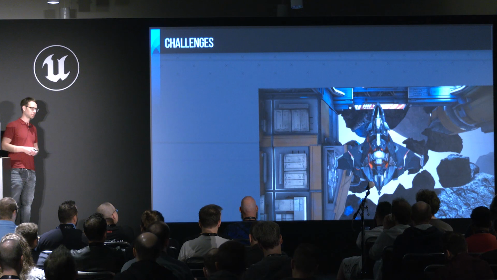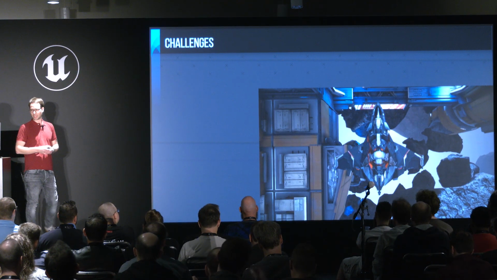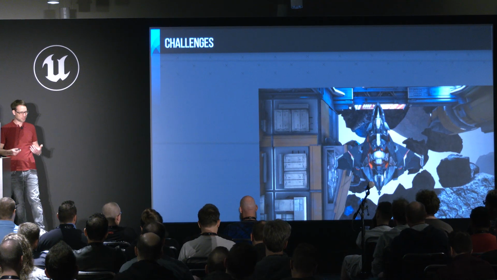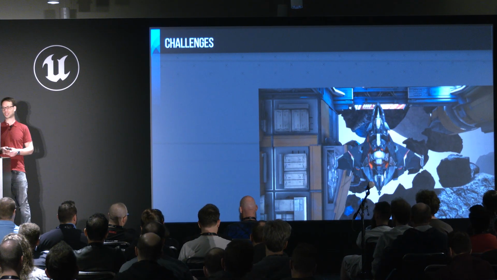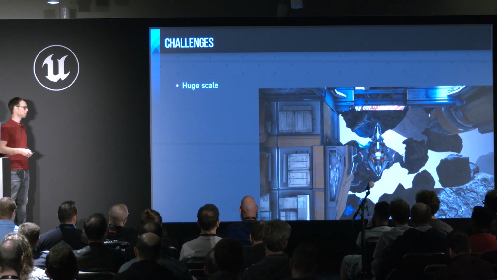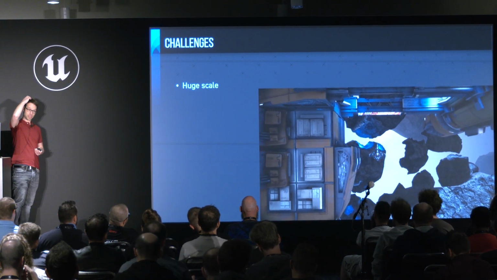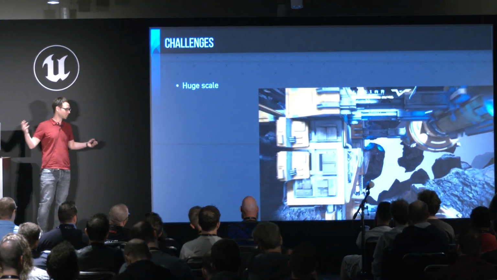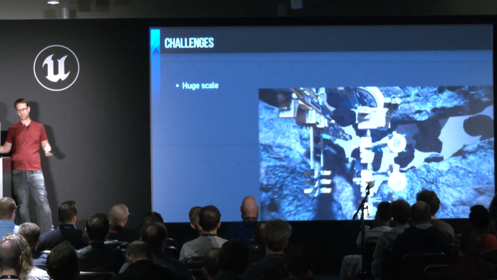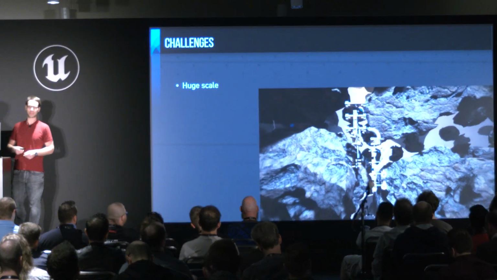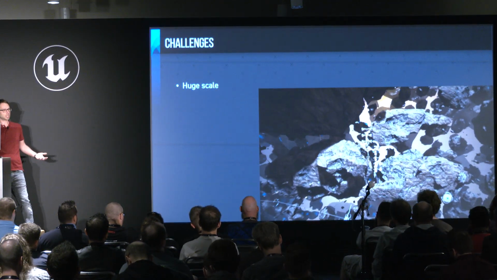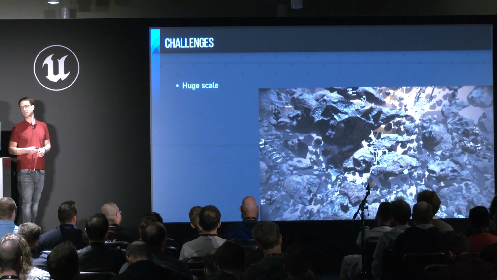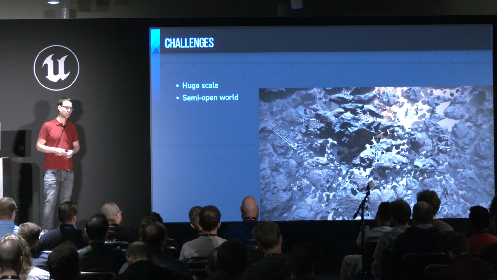So let's talk about challenges. And of course, you could ask me, well, Johannes, doesn't every game project have its challenges? And I very much would agree with that. But how is Chorus special in this regard? The first one is the huge scale that we have. Spaceships obviously tend to be kind of fast. So in order for you to be able to traverse anything at all, we needed to build these super large locations that you can travel around in, so that you actually have some space, basically, that you can cover and fly around in. The next one is what we call semi-open world.